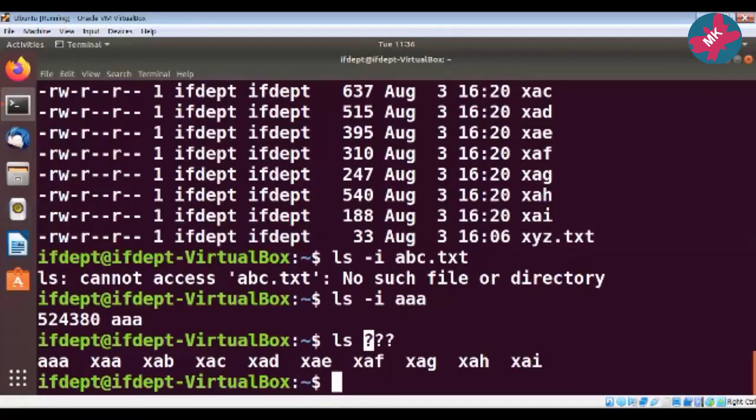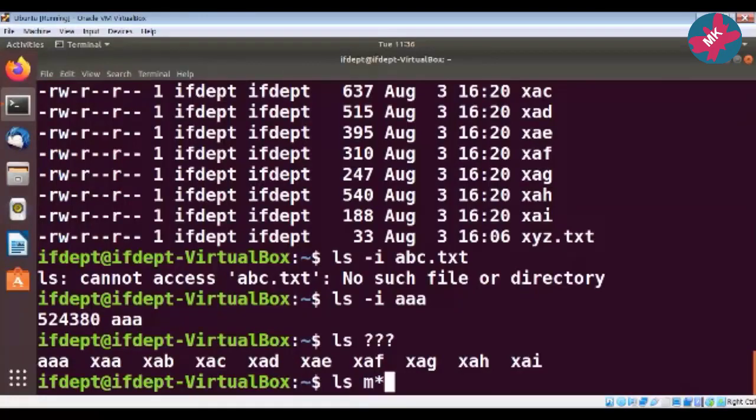Now suppose I am interested in knowing the names of those files which start with M but end with xt, right? So what command will I use? ls. Our command will start with M, then in between I don't care how many characters there are, so I'll put a star here.